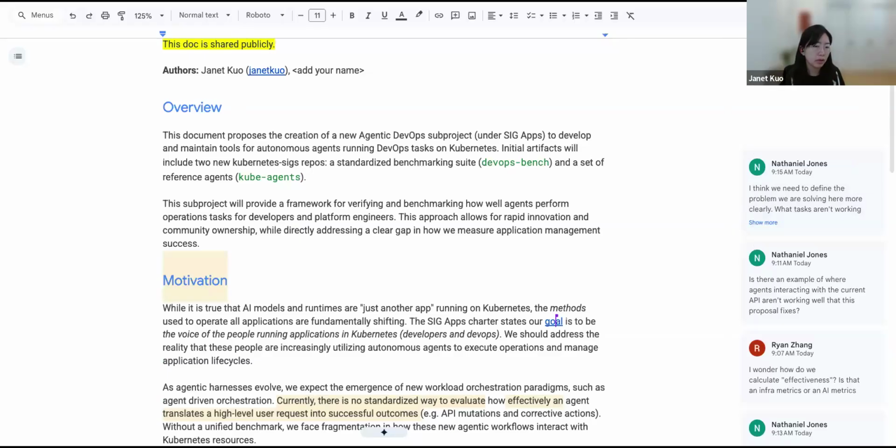So usually when we start a new project, we start with a proposal with the SIG, and then after that we file a request in Kubernetes so that Kubernetes admins can create the repos for us. So we don't have those repos yet, but I expect to get the approval soon so that we can have the repo ready and folks can start contributing to that. Okay, thanks.